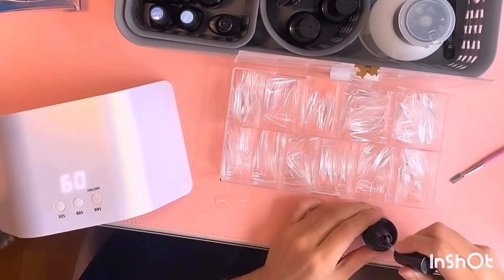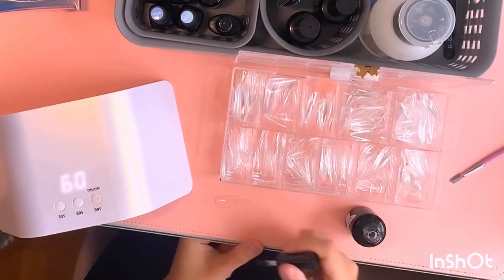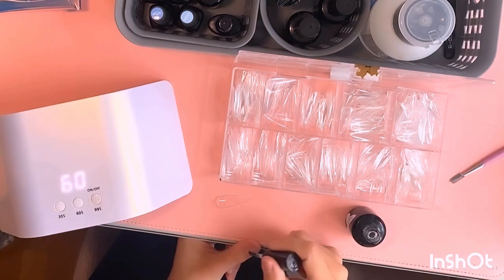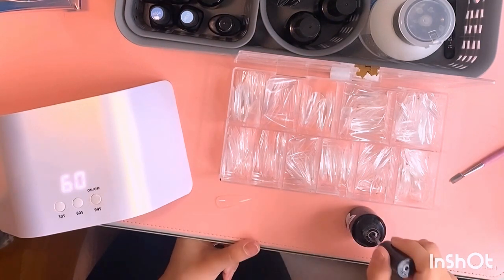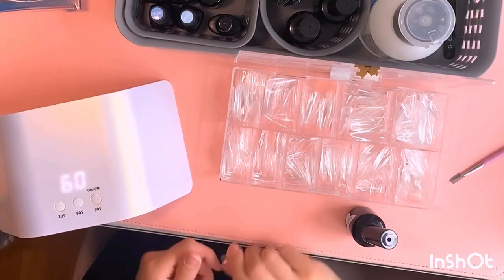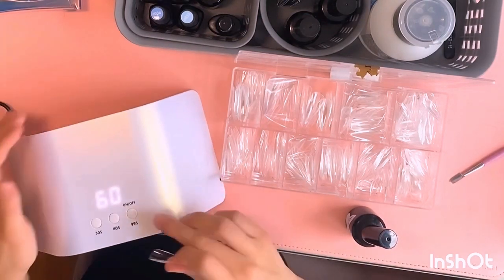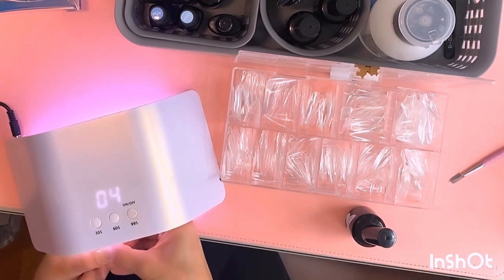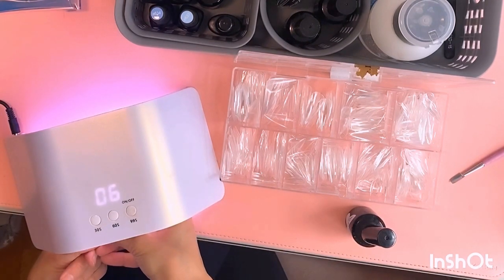So the very first step is using the EC Basket nail gel glue. If you want your nails to stay on for a long time, then I suggest that you buff them out. Use a primer or foundation first before this step. So after applying a good amount of gel glue, I turn on my LED light first so then I can keep my finger pressed on the nail so there are no air bubbles or any kind of gaps. And make sure that you don't move and keep your finger firmly pressed on the nail because it starts to